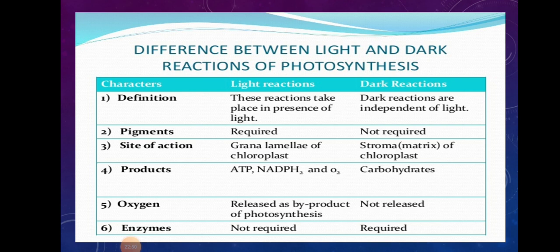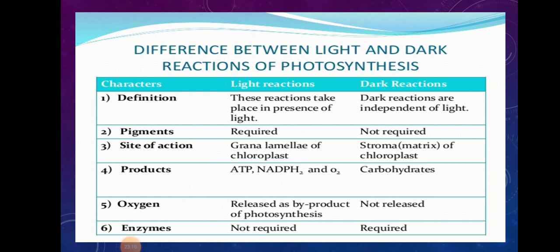ATP and NADPH were the high energy molecules which were transferred to stroma so that the dark reaction can be initiated, and oxygen was released as a byproduct. In dark reaction, what is produced? The product is carbohydrate, as I have already discussed, in form of glucose, which was used as food by the